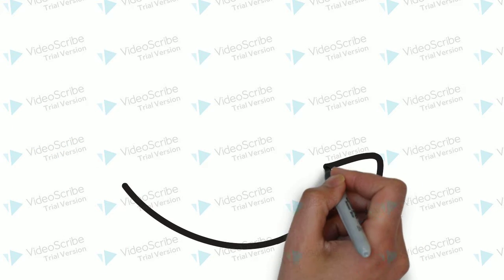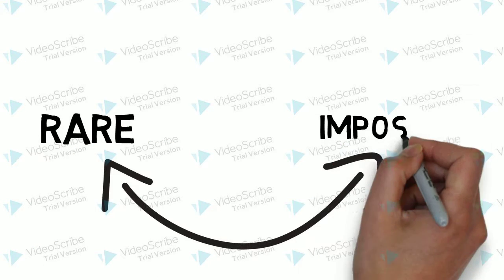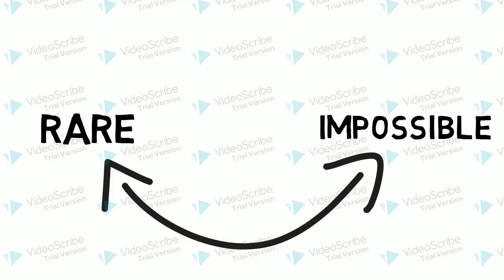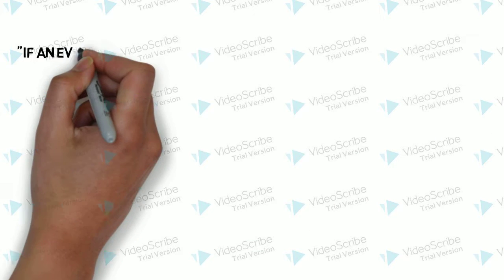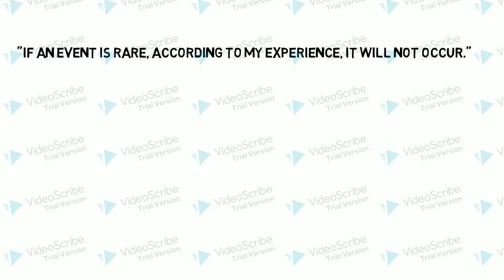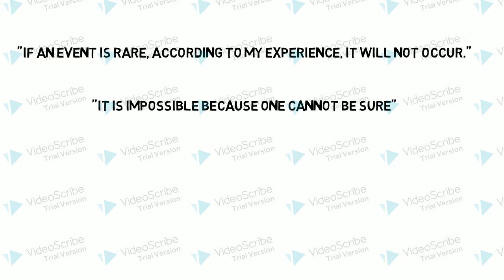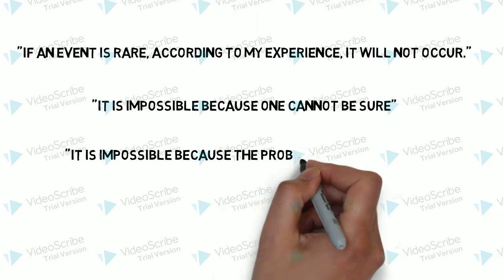One last misconception arises from student confusion with the difference between rare and impossible and what events are certain. Students tend to base their ideas of possibility according to their own experience, where if an event is rare, according to my experience, it will not occur. Students may say, it is impossible because one cannot be sure, or it is impossible because the probability is very